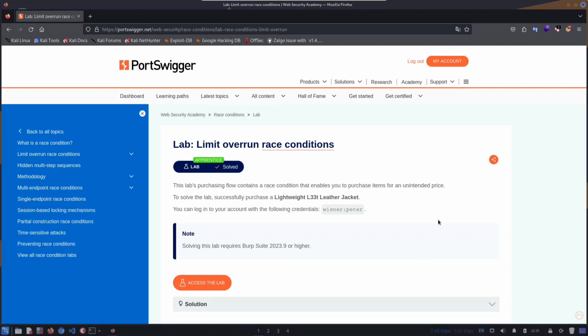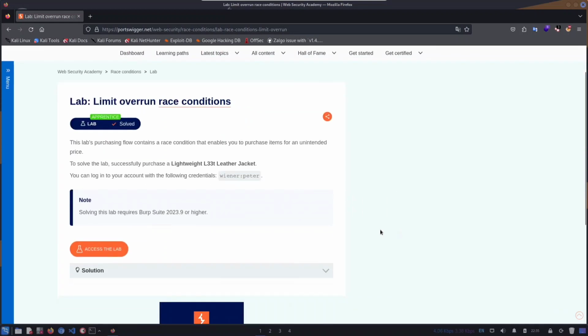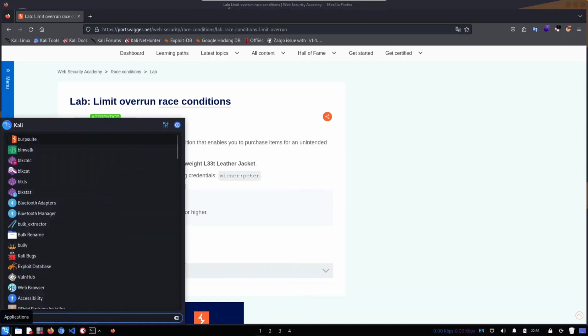Now let's see a practical demonstration of this vulnerability. So we'll use the PortSwigger Academy lab for this demonstration. This is the lab, limit overrun race condition. This lab's purchasing flow contains a race condition that enables you to purchase an item for an unintended price. To solve the lab, successfully purchase this item. We also have an account set up and its credentials. So first of all, we'll start our Burp Suite